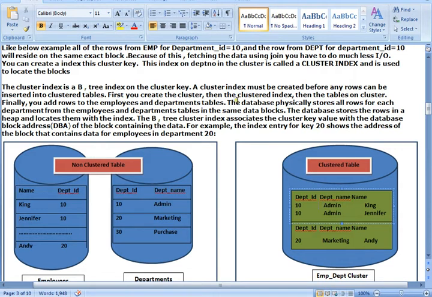First you create the cluster, then the clustered index, then the tables on cluster. Finally you insert the rows on the tables, and the database physically stores all rows from these two tables in the same data blocks, and the database stores rows in the heap and locates them using the index. The B-tree cluster index associates the cluster key value with the database block address or DBA of the block containing the data. For example, the index entry for the key 20 shows the address of the block that is containing